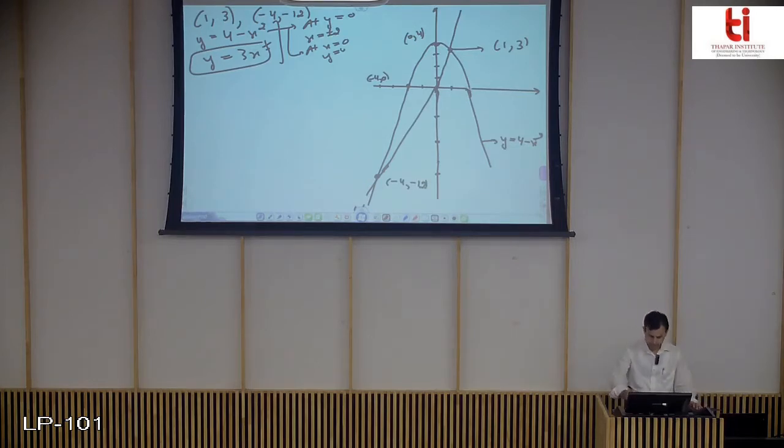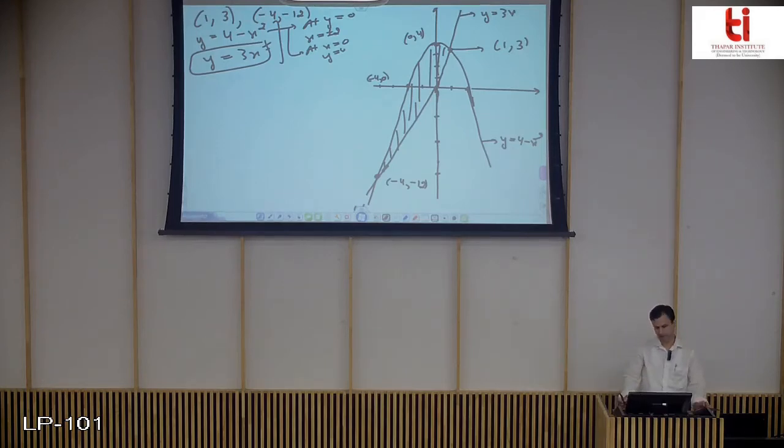So now here are your curves that are generating the given region required for the question. And the region is bounded by the parabola and the line y equals 3x. So this is the line y equals 3x. So the bounded region is this one. This is the bounded region between the parabola and the line y equals 3x.